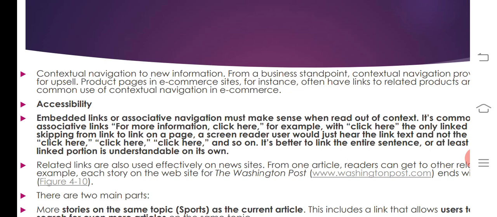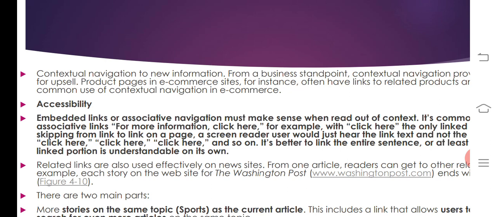For link skipping, from link to link on a page, once you click here, a screen reader would just hear the link text, and it is not useful as just click here. It is better to link the entire sentence, or at least linked portions that are